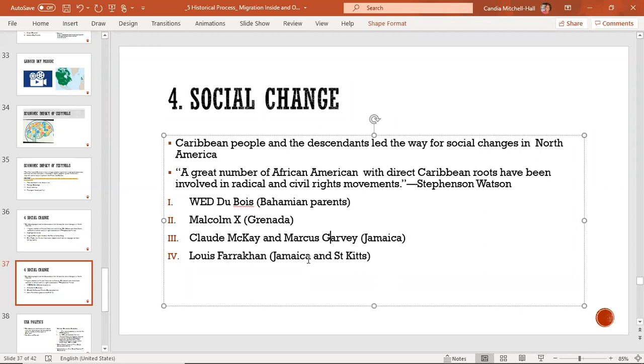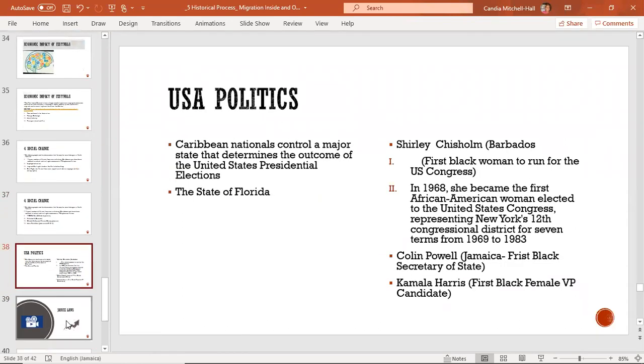So we are way ahead of the United States when it comes to social change, and we have led the way. So that is another impact of Caribbean people on the US. Not only have we led the impact on social change, but we have also contributed significantly to US politics. In fact, in Florida,